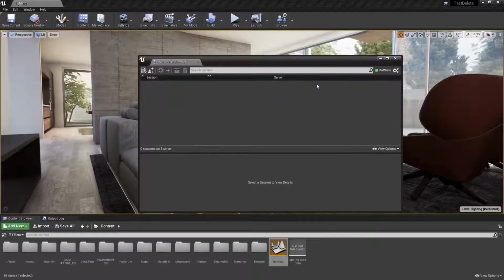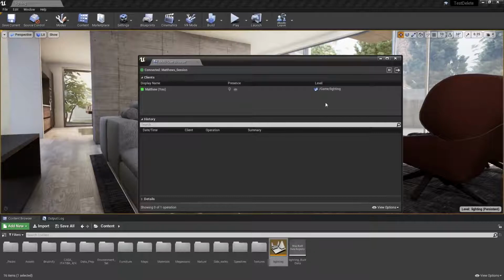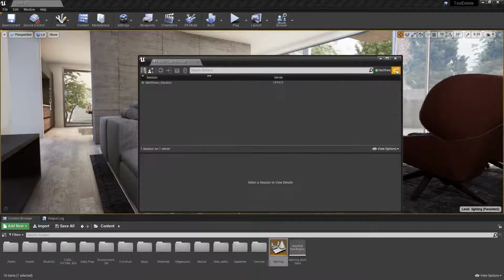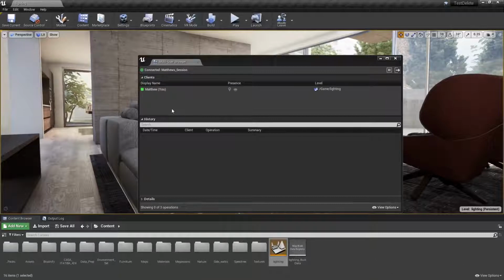All right, and once the session is live, you can see that I've automatically been added to the list of clients. To leave a session, I can simply click on the Leave Session button. The session is actually still available to the other clients even though I'm not in it, and those users can continue to work and make changes. To rejoin the session, I simply need to double-click it. All right, so now that we know how to create a server and join and leave a session, let's turn it over to Daryl now, and he can walk you through the client setup and connection to the session on